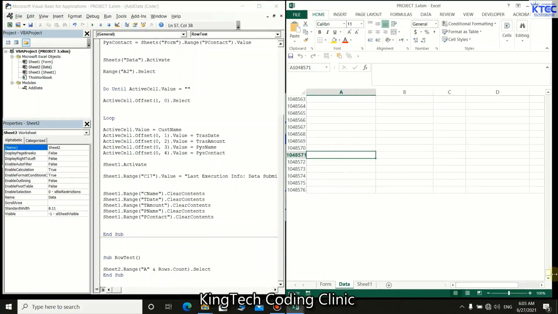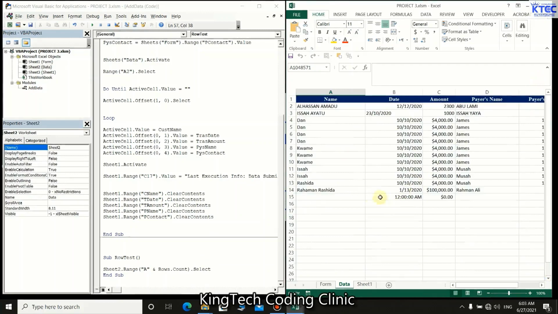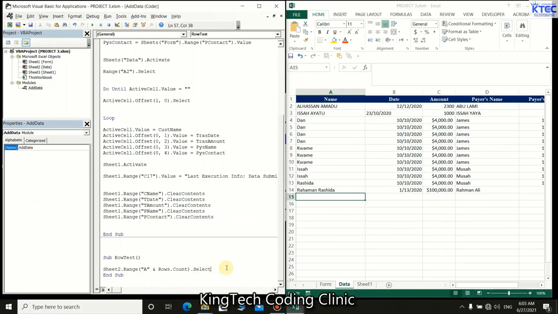This one here, this one, the last row with data. So let me clear this one here, clear this one too here. Good. So let me just check here. Perfect. So to do that, we're going to use the same subroutine. So we say what? Sheet 2, it's going to happen on sheet 2. So sheet 2 dot range column A and rows dot count